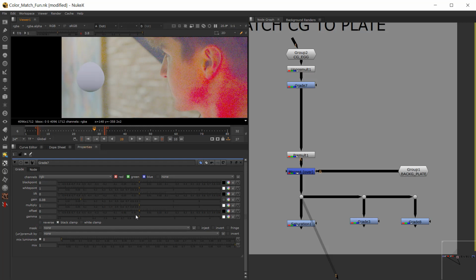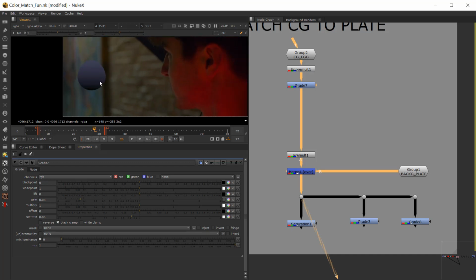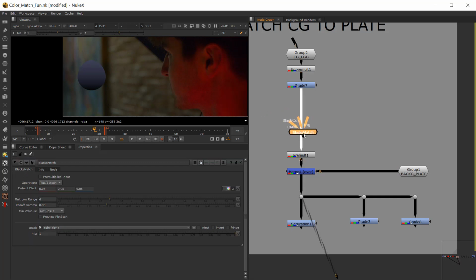So in this case, I might want to take my gamma, and I can bring it up, or I can bring it down. It's hard to say. I'd say maybe bring it down a little bit. All right, so let's take a look how that looks. Pretty simple. It's highly saturated, by the way, so just be aware of that. All right, so we can jump ahead and create a blacks match to get the blacks taken care of for now. So I'll do a blacks match like that, stick that in there,